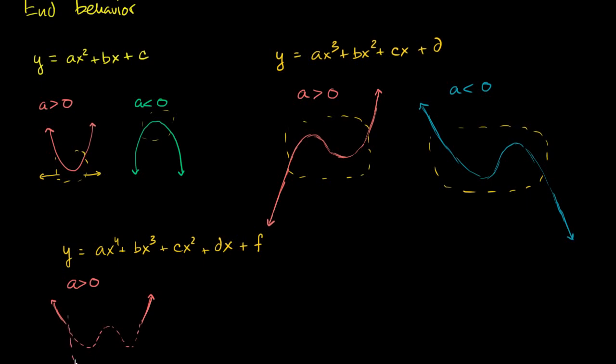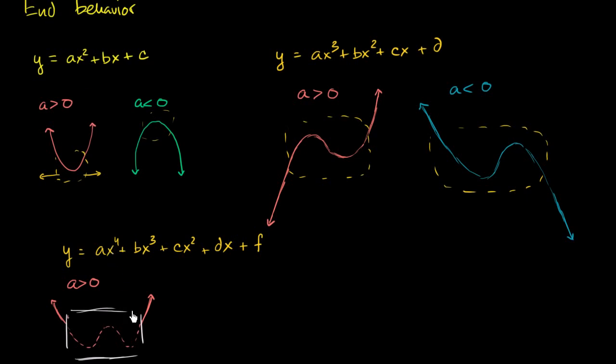So this is, I guess you could call the stuff that I've dotted line in the middle. This is called the non-end behavior, the middle behavior. This will obviously be different than a second degree polynomial, but what happens at the ends will be the same. And the reason why, when you square something or you raise something to the fourth power, you raise anything to